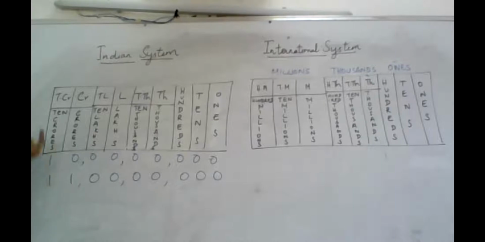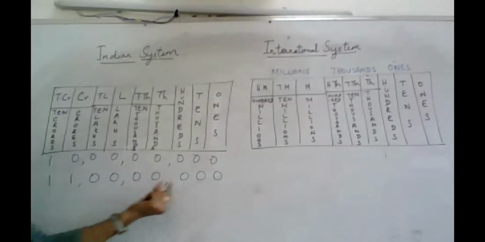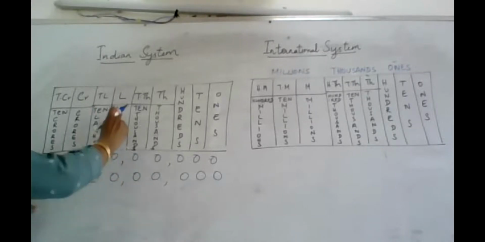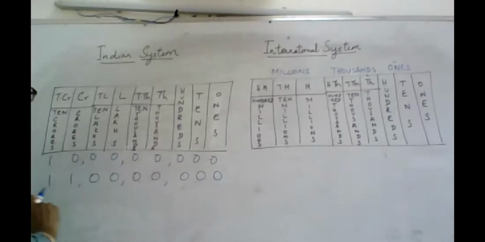The 1 in the 10 crores place will give it a value of 10 crores. Again, 1 in the crores place will give it a value of 1 crore. So already this is 10 crores and this is another 1 crore. Together this number will be read as 11 crores. Alright. So this is how we name a number by putting the commas and reading what is there in a particular place and giving the number name for it. This was with respect to the Indian system.